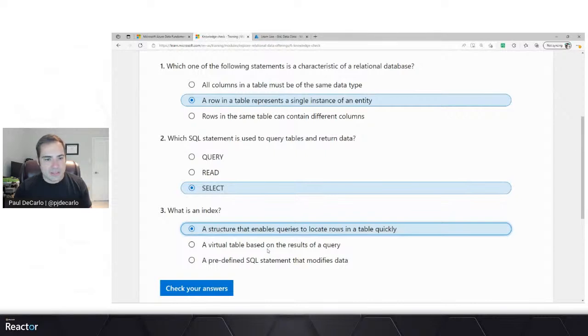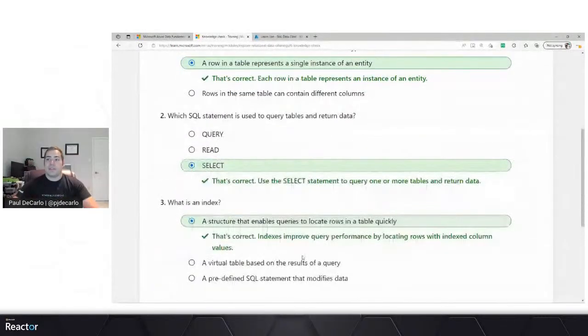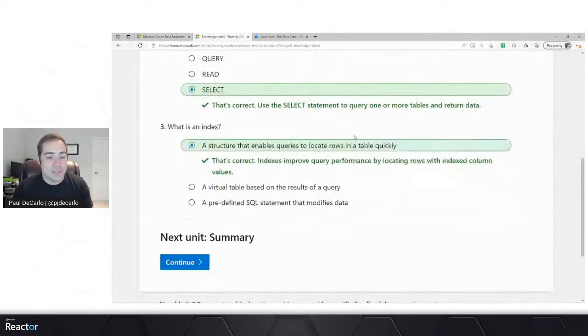And we'll go ahead and check our answers. Hopefully you were using the same line of thinking here. You've now got an explanation. If you thought otherwise, what's nice about Learn is it'll tell you why one answer is right. If you thought it was something else, it'll give you some understanding on why that shouldn't be the case.